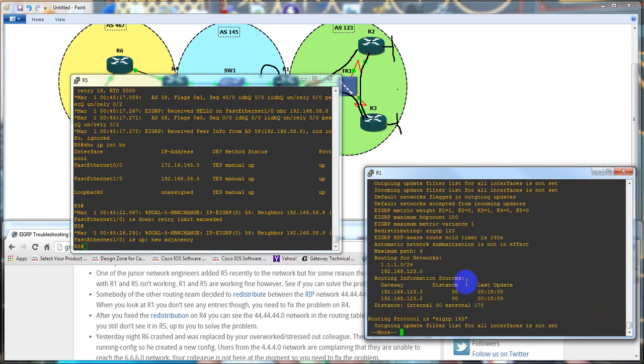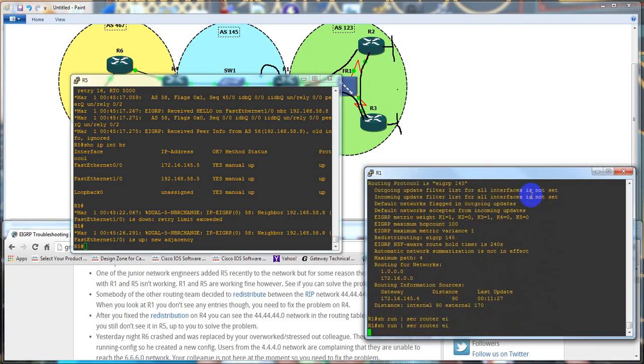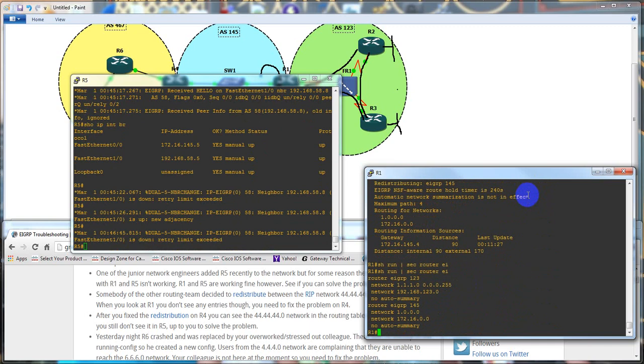There is no redistribution, 123 in. Okay, so 145. That's what I want to look at. I don't see anything being filtered. But let me do a show run section router EIGRP. I'm just curious to see if there's any. No